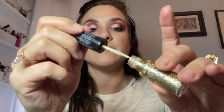Pretty. And then we'll do the other side. I try to let that dry before I start opening and closing my eyes. So if I'm talking kind of weird, it's because I'm trying to let this dry. Yeah, see, it's already like,